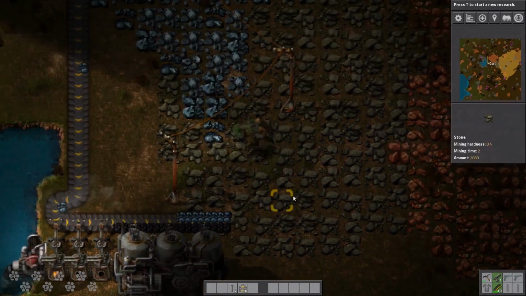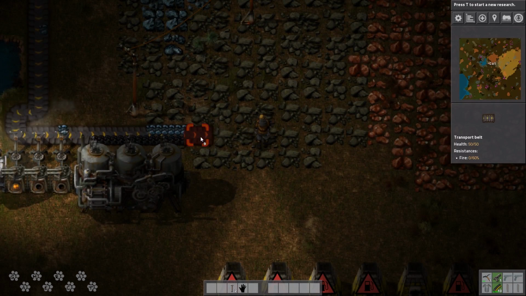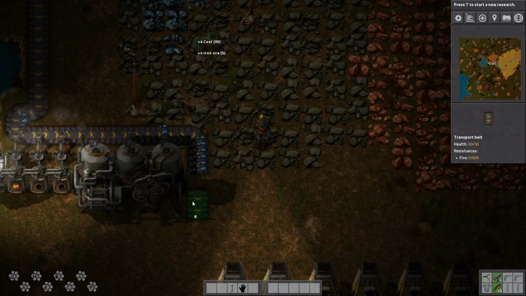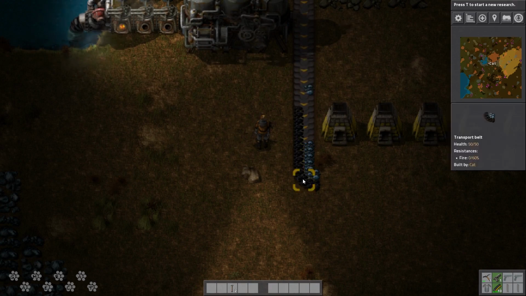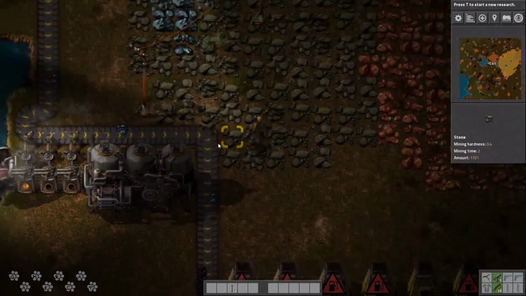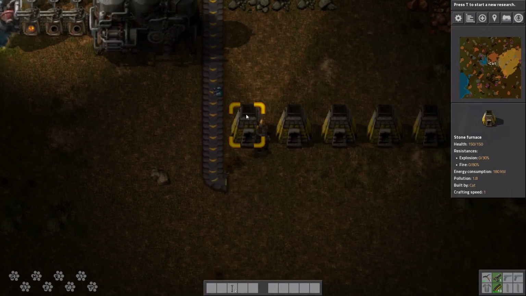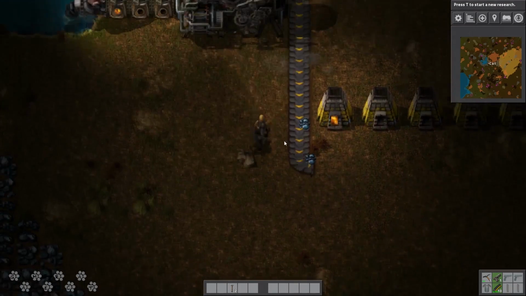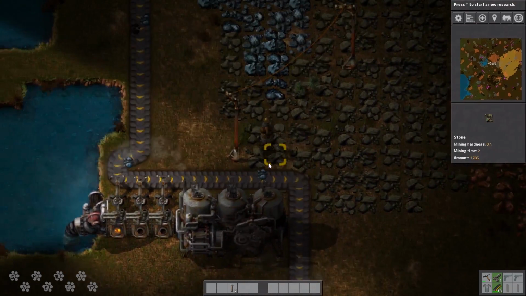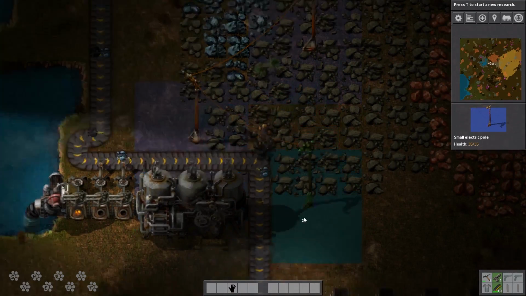I could have routed the conveyor belt around it, but that's just lazy. And because we are running out of resources, I'm going to do this part by hand. Certainly don't have to. Silly not to, just to tweak this a little. We are going to need power down here, so